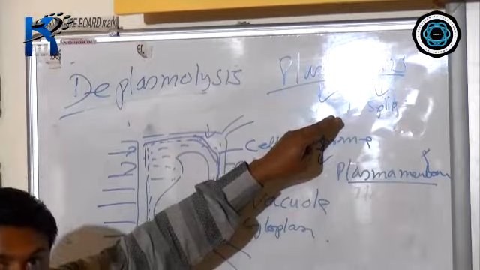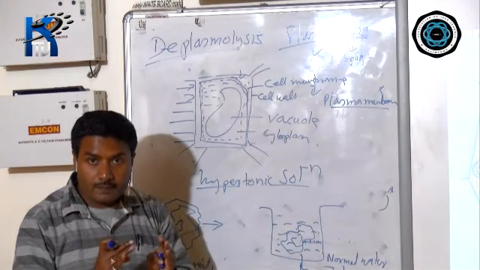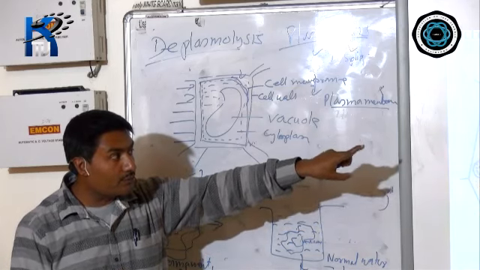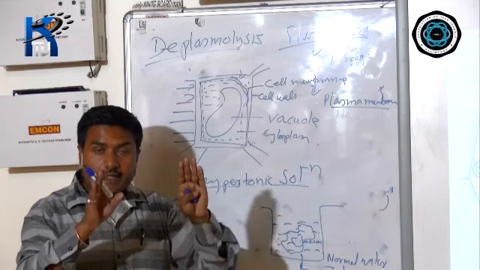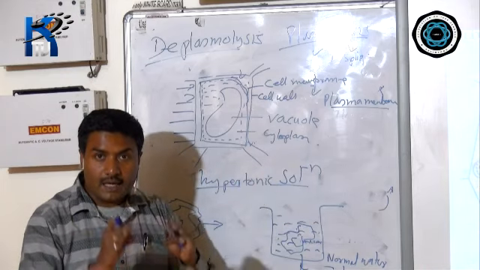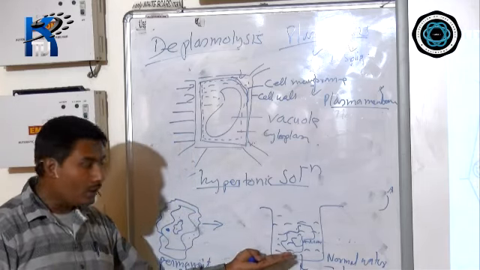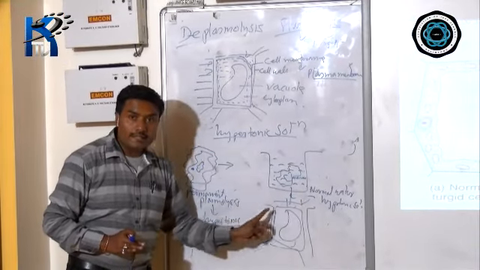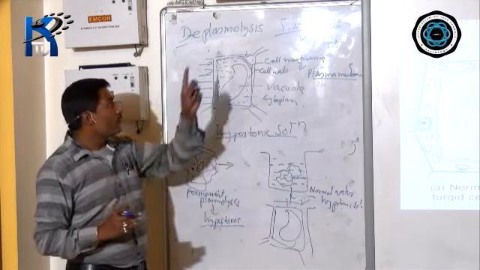Plasmolysis: when you keep any cell in a hypertonic solution, the cytoplasm will shrink. First of all, there is a shrinkage of the cytoplasm from the corner; you use the term incipient plasmolysis. Finally, if that cell still remains in the hypertonic solution, it will go under permanent plasmolysis. After that, suppose that cell is again put in normal water or hypotonic solution, then the cell will again regain its shape and size. It will come back to its original form. Coming back to the original form, you use the term called what?